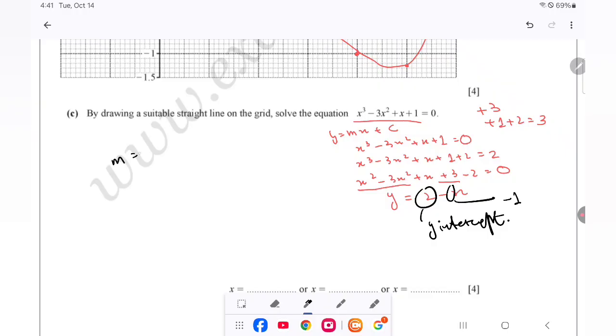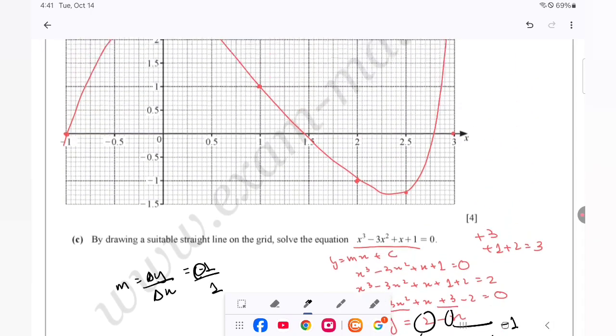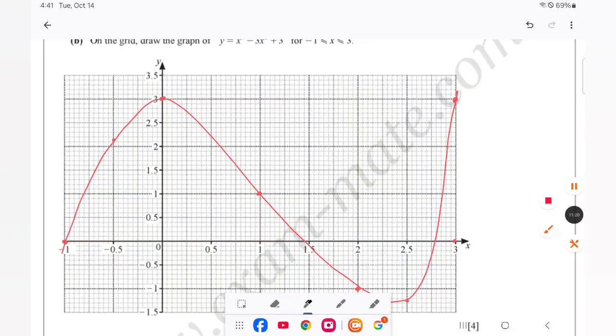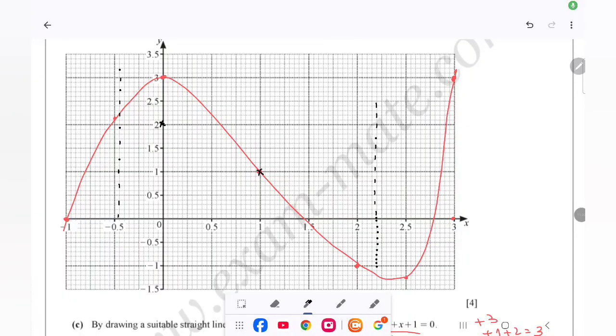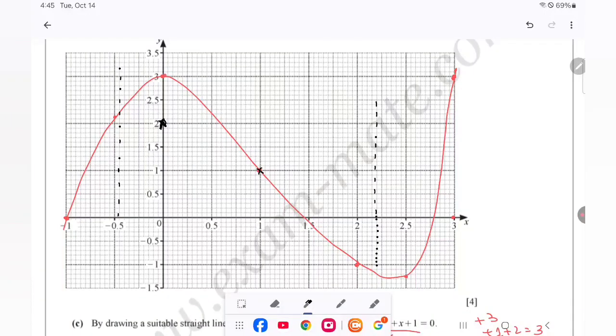So we know that the slope is equal to change in y over change in x, which is equal to -1, and nothing is in the denominator, so it is 1. For the distance, we ignore the negative sign and we only calculate the distance 1 from y-axis to x-axis, and our y-intercept is 2. Put all the points in the graph right here. So this 2 is our y-intercept, and we put all the points, and when we match the points,